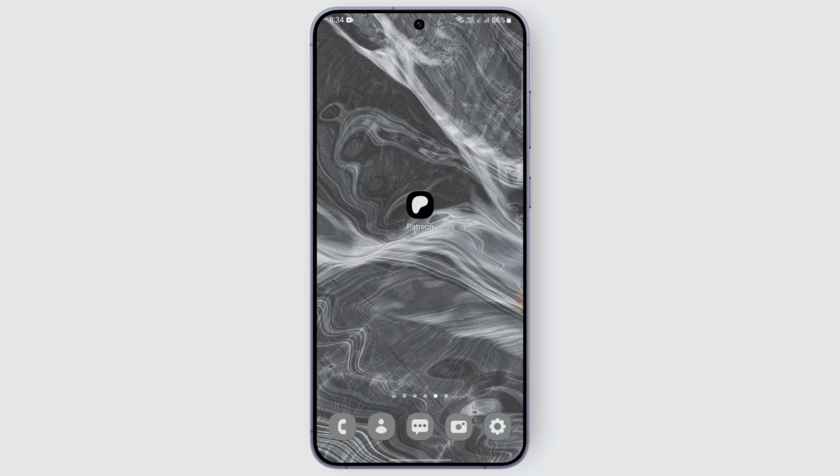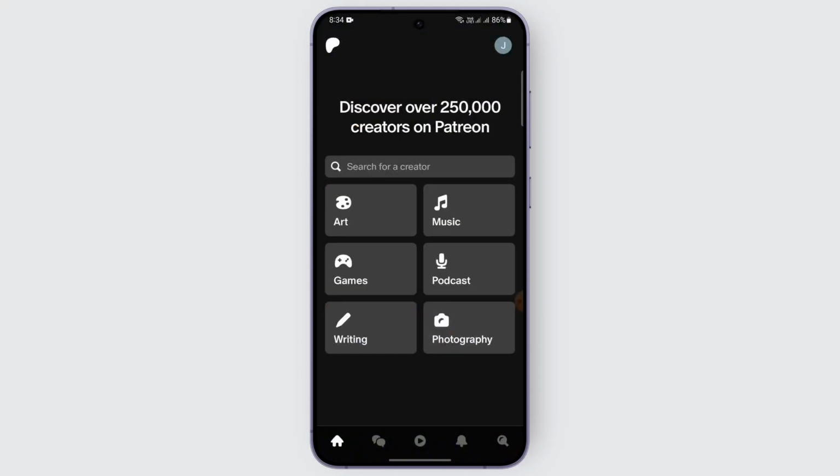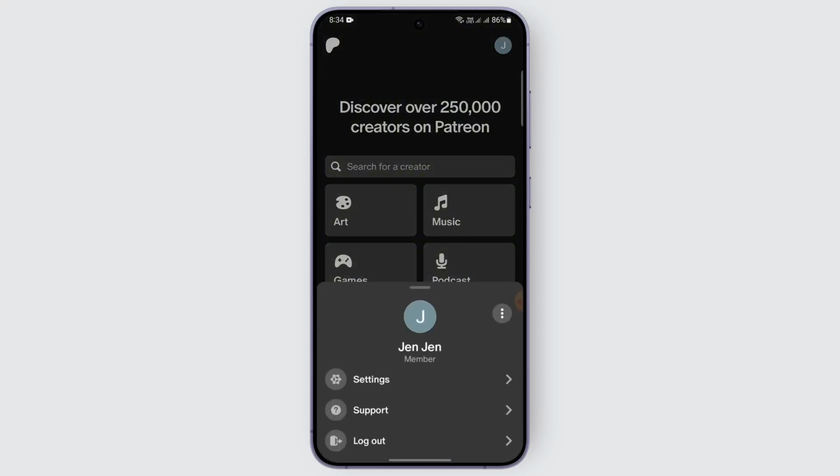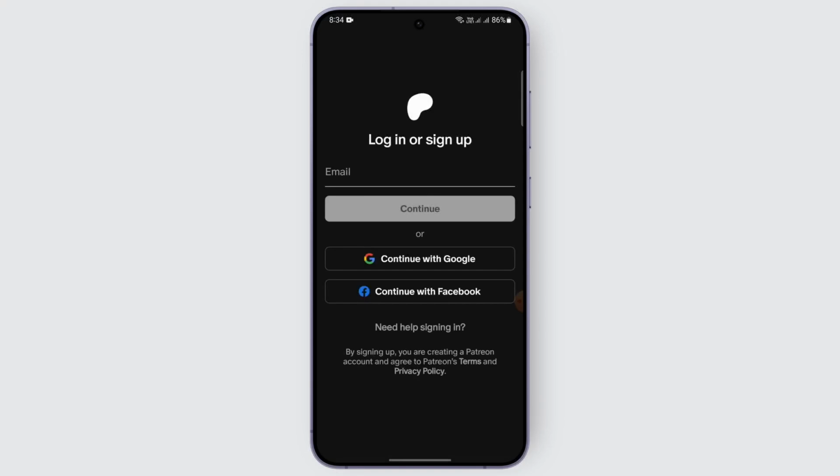In order to do that, you just need to open the app. After that, you will be able to see this kind of interface on your screen. In order to log out from that account, you just need to simply tap on your account at the top right. You can see the Google account that is associated. Just tap on it and easily you can find this logout option. Just tap on logout and just like that, you will be logged out of that account. So just follow this step and you will be logged out of